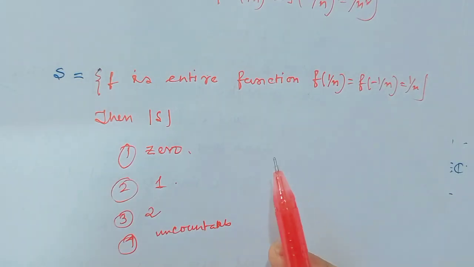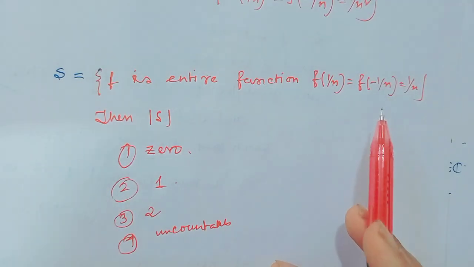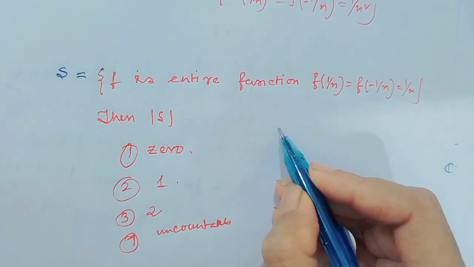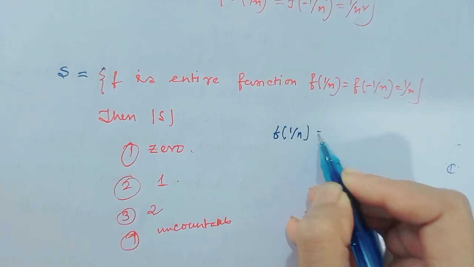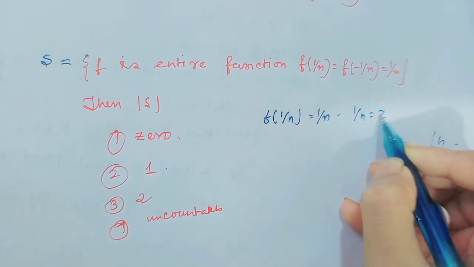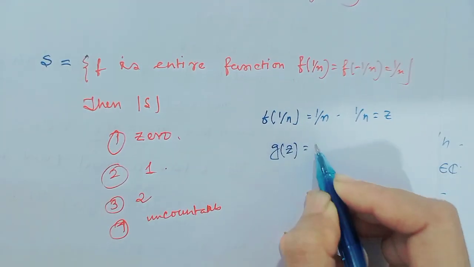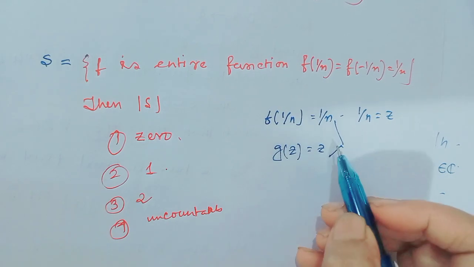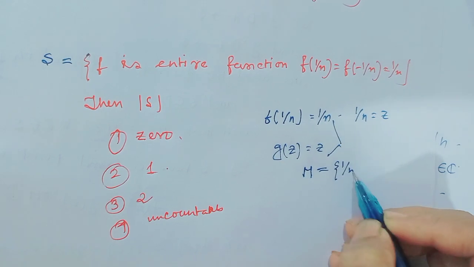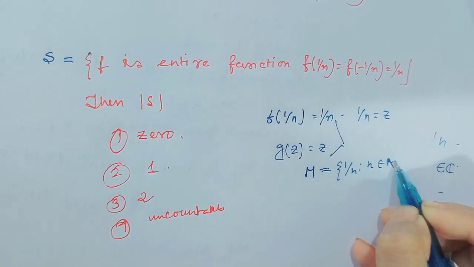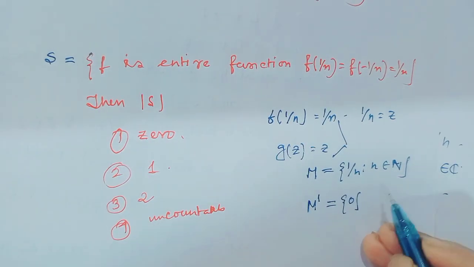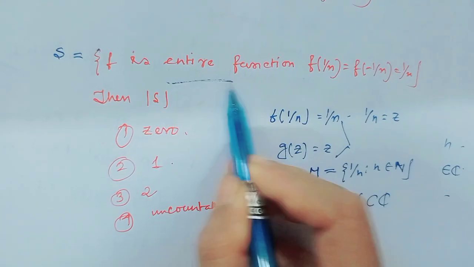Example: consider f is an entire function such that f of 1 over n equals f of minus 1 over n equals 1 over n. What is the cardinality of S? Here f of 1 over n equals 1 over n. Consider 1 over n equal to z and g(z) equal to z, and these two functions coincide in the set M equal to 1 over n such that n belongs to natural numbers, and the limit point of the set, M dash, equals 0, which is contained in the complex numbers,